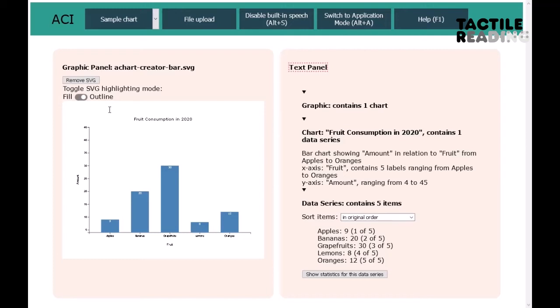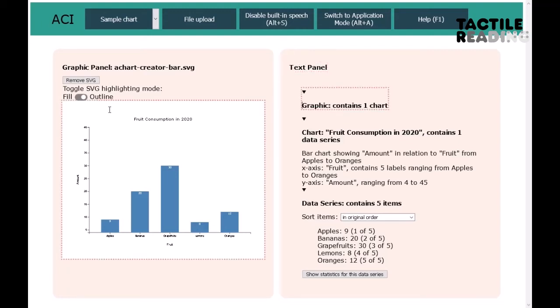And on the right-hand side of the screen we have the so-called text panel with the textual analysis. And each object is represented by a textual object which can be navigated either by the virtual cursor of the screen reader, of course, or by the tab key. I'll use the tab key now and move to the first element.